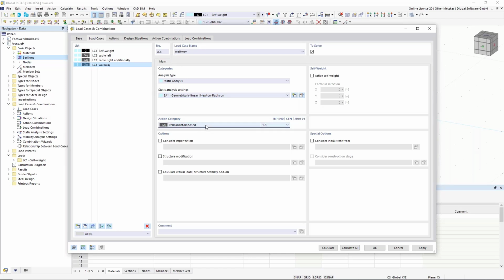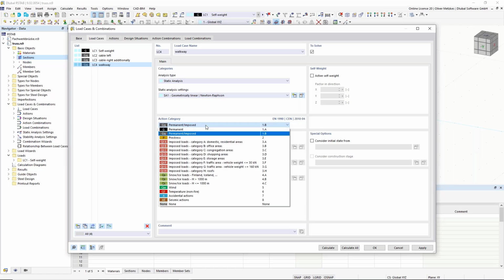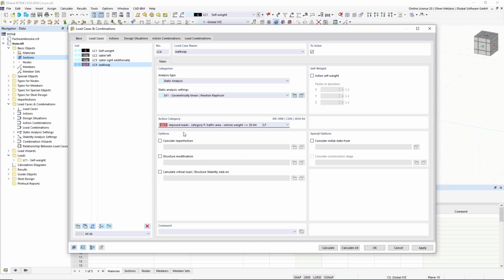So the walkway would be of an action category of the live loads. So I will just choose one here, this action category. And the action category also defines the combination factors and the partial safety factors that will be used later. Okay, so now I have my load case number 4 for the walkway, and I will create another one,